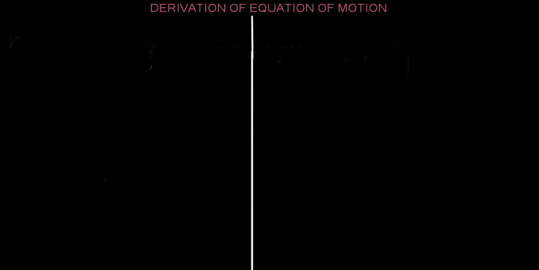Now, for us to solve problems in motion, physics is all about solving problems. We have three equations that we use to solve problems, and those equations we are going to derive now. The first thing we need to know is this: I said the other time that velocity is distance